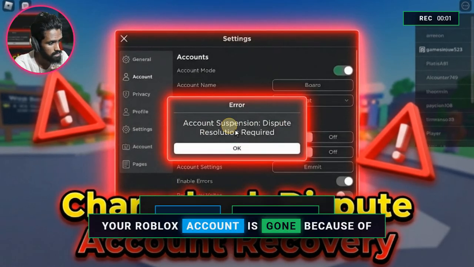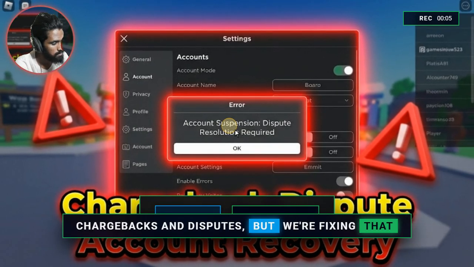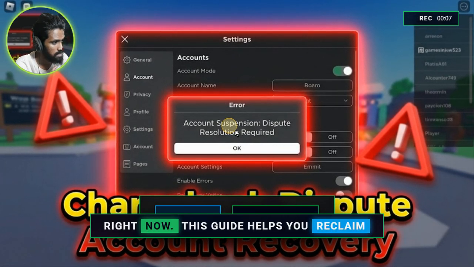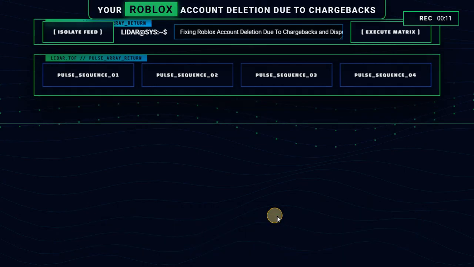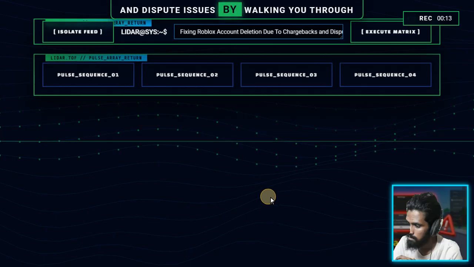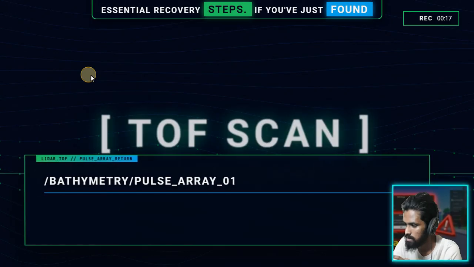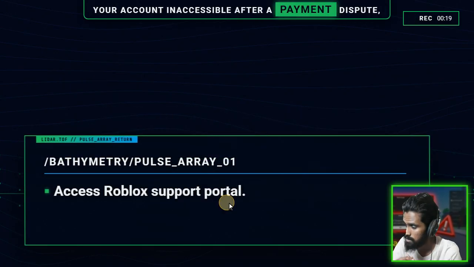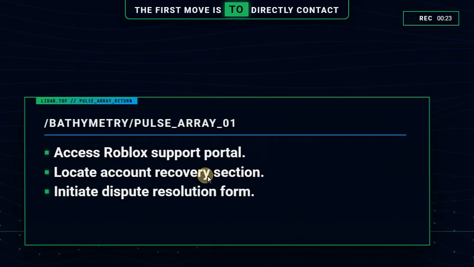Your Roblox account is gone because of chargebacks and disputes, but we're fixing that right now. This guide helps you reclaim your Roblox account deletion due to chargebacks and dispute issues by walking you through essential recovery steps. If you've just found your account inaccessible after a payment dispute, the first move is to directly contact